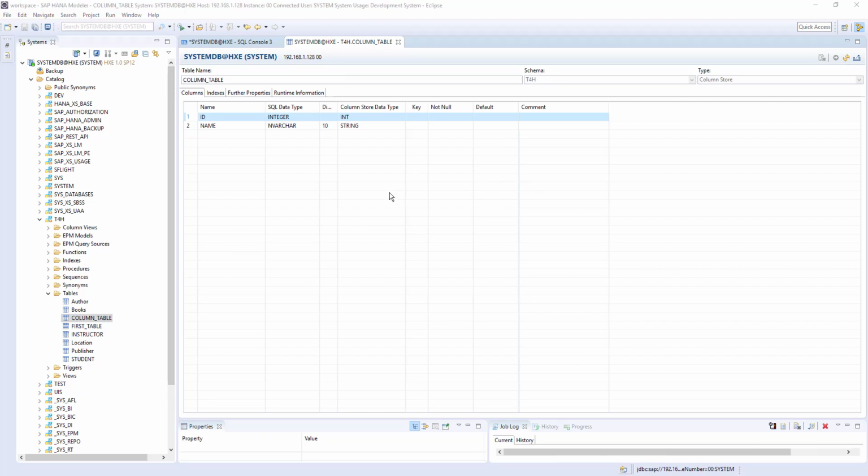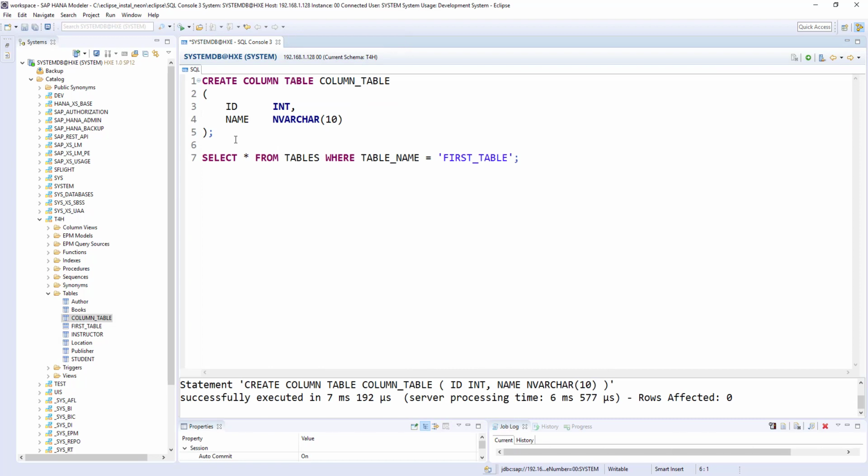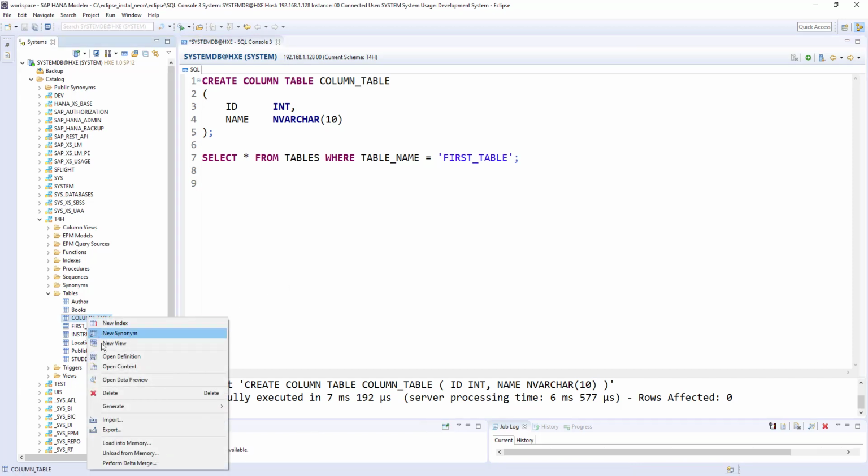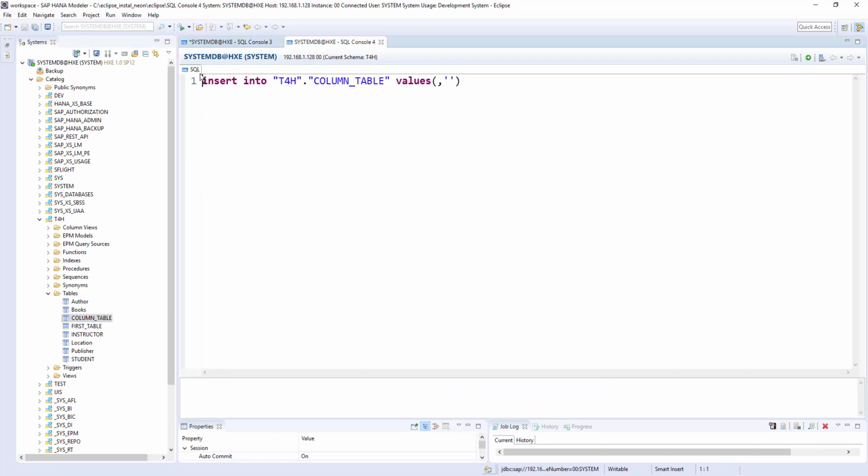Okay, so now we know how to create a column store table. So let's insert some data into this table and see how it works. I can write an insert statement which we learned in our earlier session, and alternatively you can right click here, generate the select statement or insert statement. I'm selecting the insert statement. Insert into T4H, the system will by default concatenate the schema name.